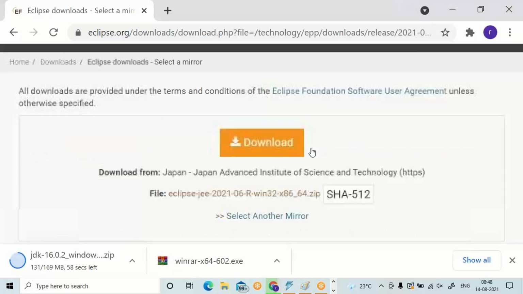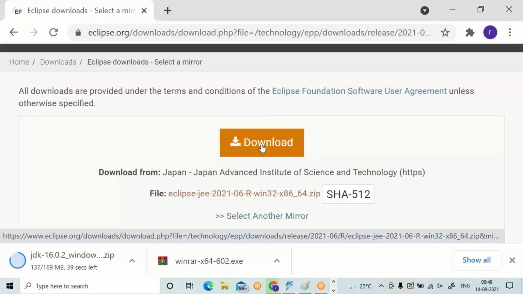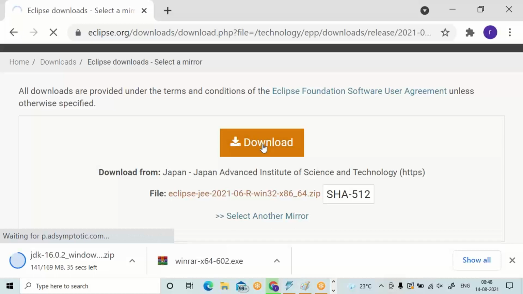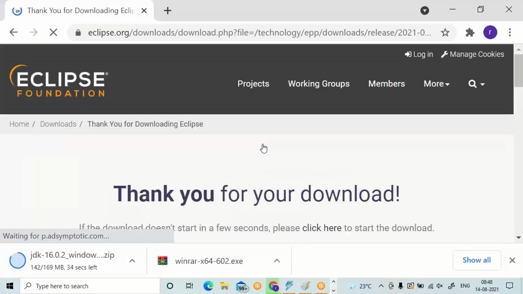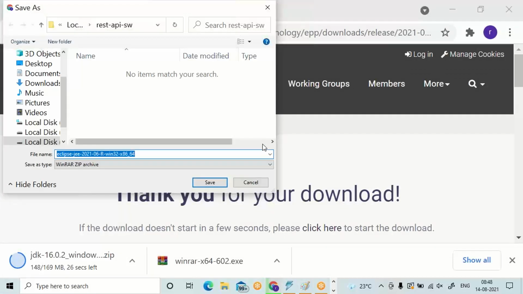Now you got the exact download. Click on this download. Try saving.